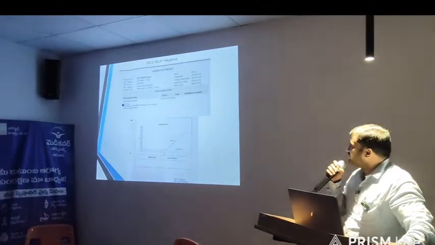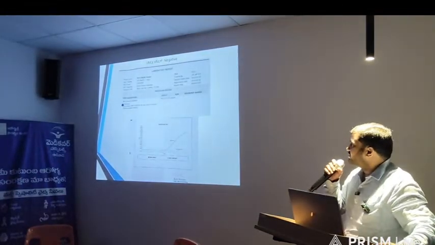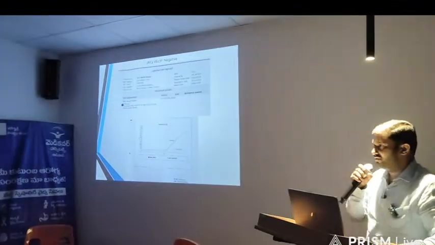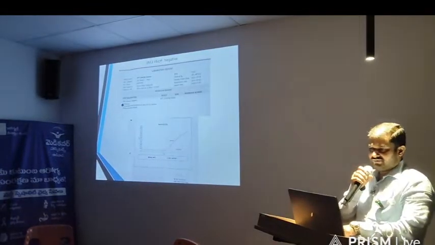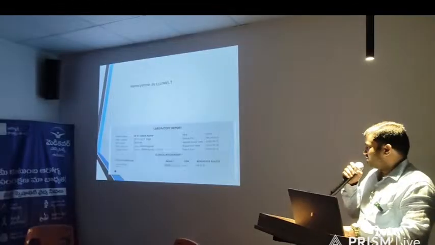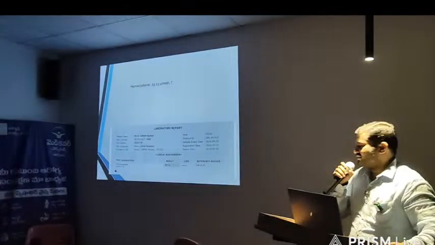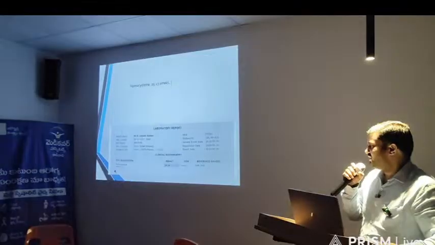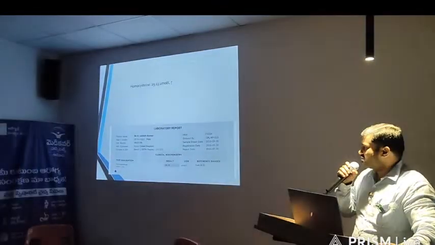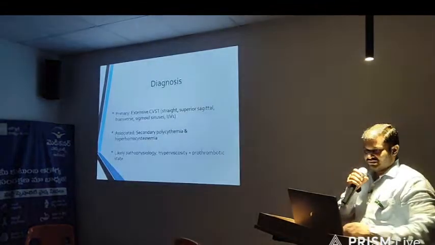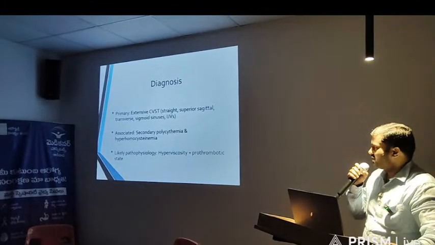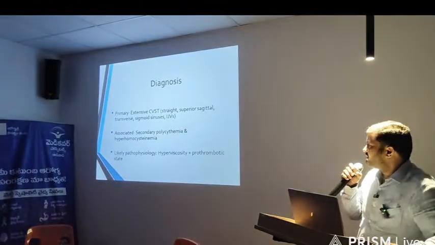Along with the treatment, routine evaluation, JAK2 mutation was sent, it came as negative. So primary polycythemia was excluded, and for the secondary causes and stroke in young patient, elevation was there. So with this diagnosis of secondary polycythemia and hyperhomocysteinemia, it caused